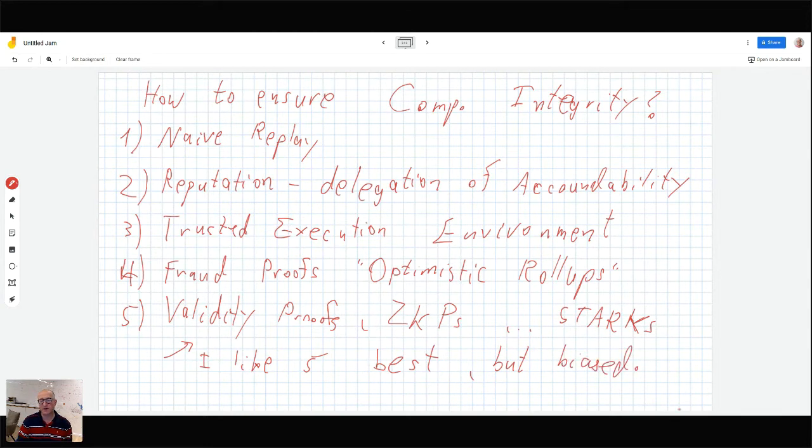So now I'm going to stop and see if there are some questions, and then we're going to describe in a little bit more detail each one of these technologies, and also describe what their assumptions are, what could go wrong, and how many resources each one of these different technologies costs society or whatever. Okay, so I see there's a question.